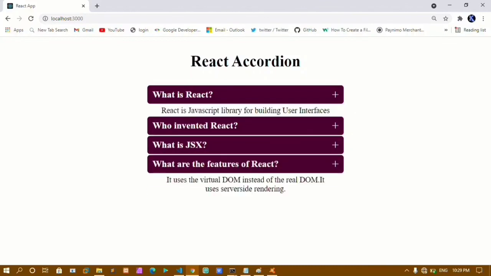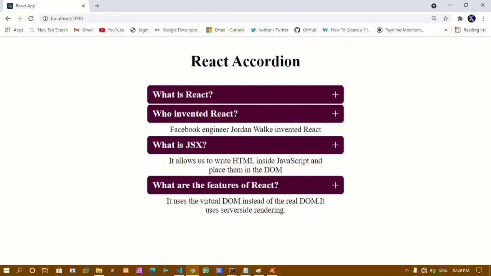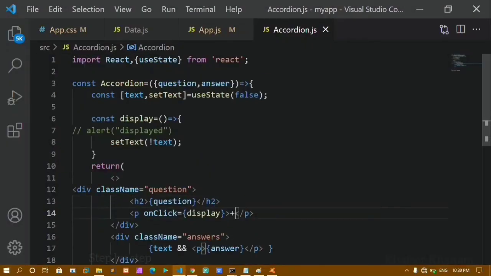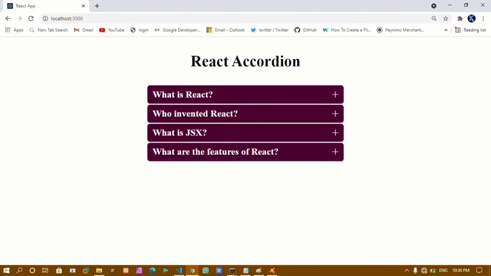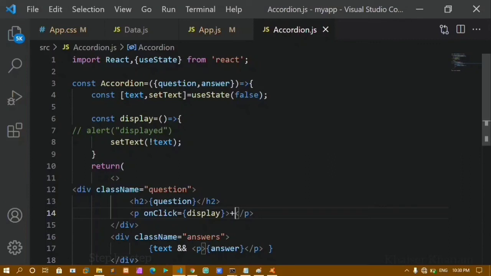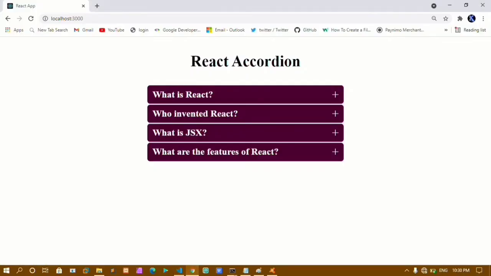Now I want to change the symbols here. To change the symbols, now it is false here, it is hidden, so it is false. Now I should be having a down arrow. When it is false, I should have a down arrow, and when it is true, I should have an up arrow. So here I'll check the condition. I'll write this text, and I'll be using the ternary operator. If it is false, I want the down arrow. If it is true, I want the up arrow.